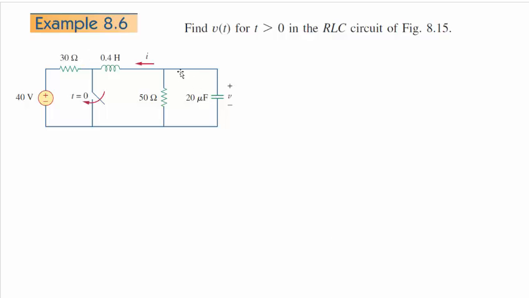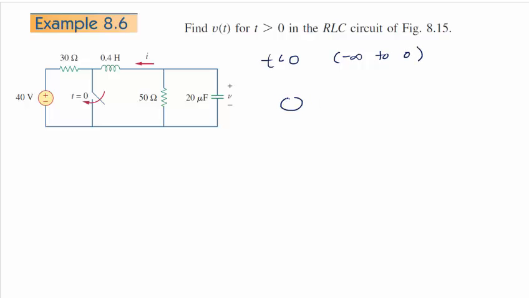So here we are. What happens before t equals 0 is what you have to look at. At t equals 0, the switch closes. Before t equals 0, a long time has passed, so this capacitor should be an open circuit by that time, and it should be fully charged. What else happens at infinite time before t equals 0? The inductor will be a short at that point. So for t less than 0, just before the switch closes, actually from minus infinity to 0 time,